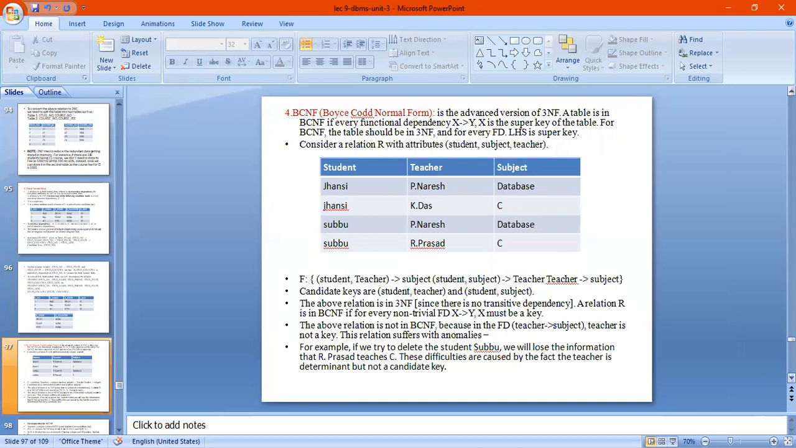BCNF, Boyce-Codd normal form, is the advanced version of 3NF. A table is in BCNF if, for every functional dependency X depending on Y, X is a super key of the table. The table should be in third normal form, and every functional dependency's left-hand side is a super key, as shown in the table. If student, teacher depends on